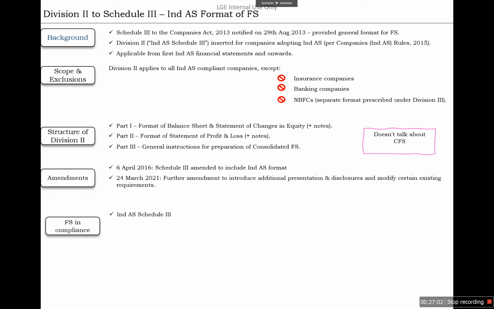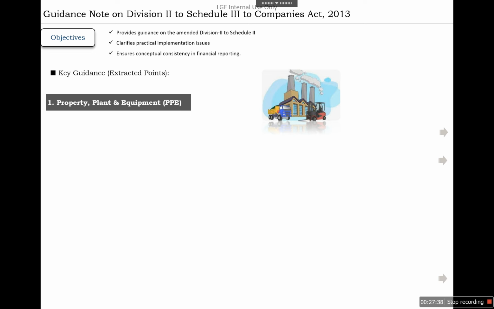The financial statements of a company that is following Ind AS should be in compliance with Ind AS, Schedule 3, ICAI's Guidance Note on Division 2 to Schedule 3, and relevant provisions of the Companies Act and other regulatory requirements. The objective of it is to provide guidance on the amendments to Division 2 to Schedule 3 and clarify practical implementation issues that companies are facing while implementing it, and ensure conceptual consistency in financial reporting. So let's discuss some main points of this